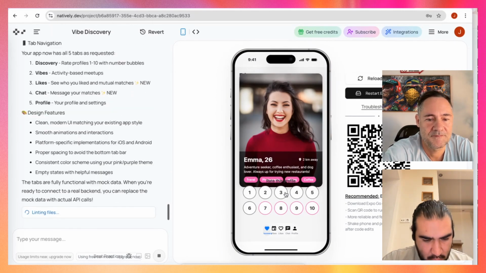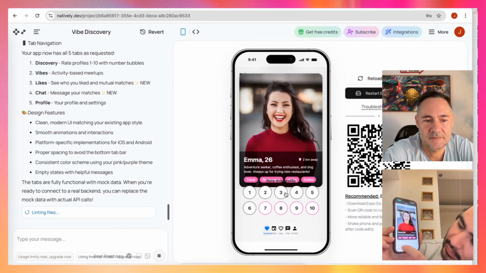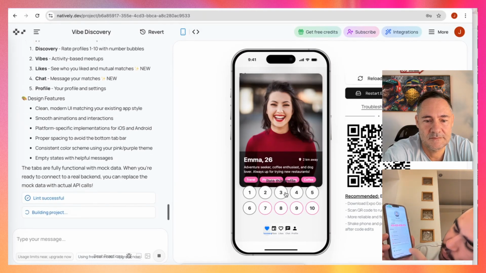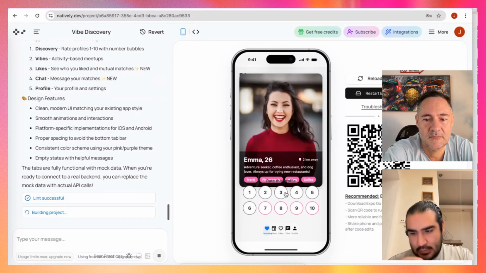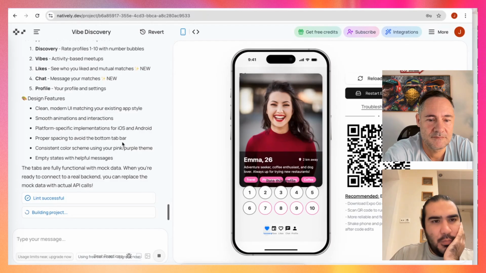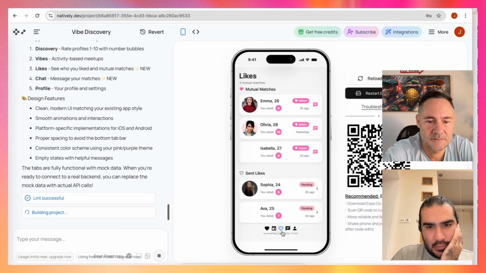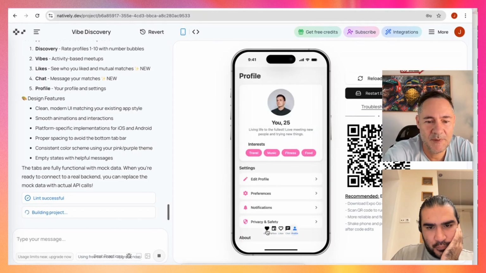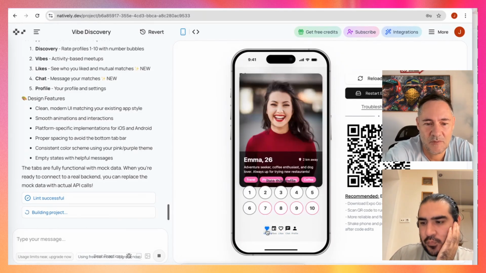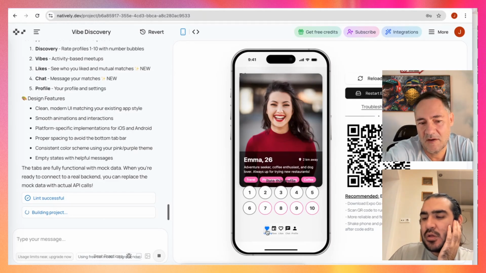Now we have one issue here: you see that the numbers are overlapping with the tab, and when I'm clicking, for example, 10, it goes to profile and doesn't let me enter 10. That's interesting. But okay, we have tabs, but they're so close to each other. I had that one time too. I prompted it to space them out across the bottom of the app, and that worked fine. But that's okay for now, that's no big deal. Later on we can just spread the footer.